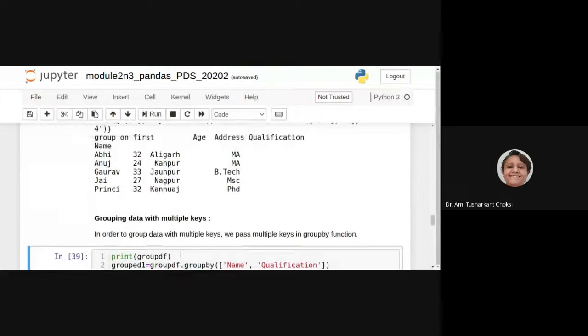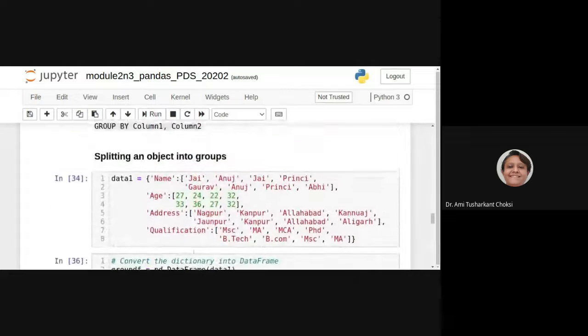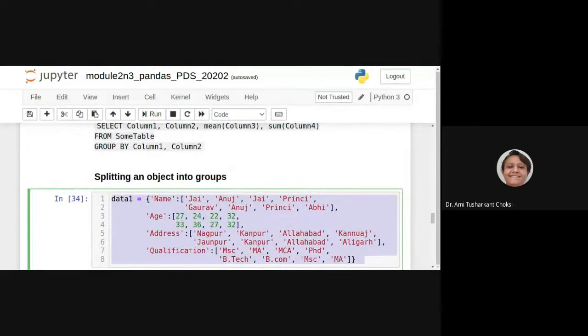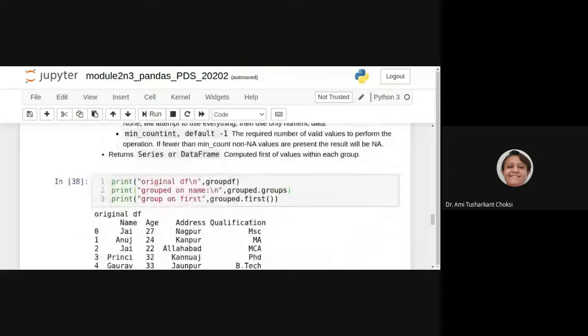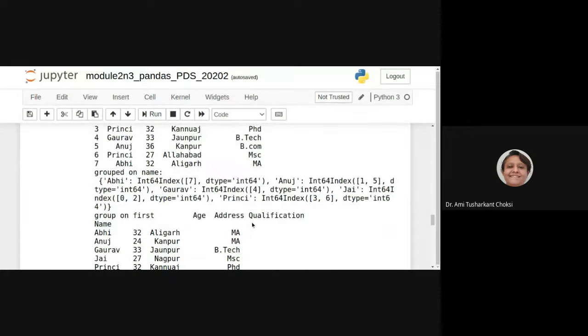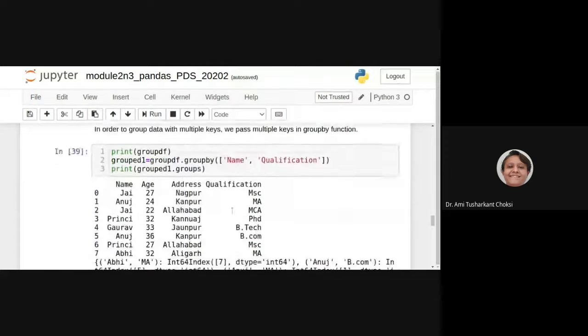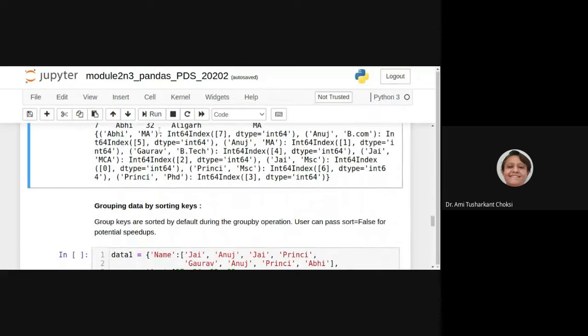So let's change the data. Let us have both values the same for a particular person.